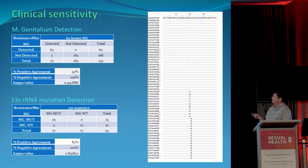We had a go at sequencing the 23S for these positives. We got sequence data on 54 of these, and we ended up with 27 that actually had a mutation in the 23S region associated with resistance. And of those 27, the MGen resistance assay detected 23 of those. The 4 that it did not detect, once again, had CTs in our in-house assay of 37 or later, so there was not a lot of